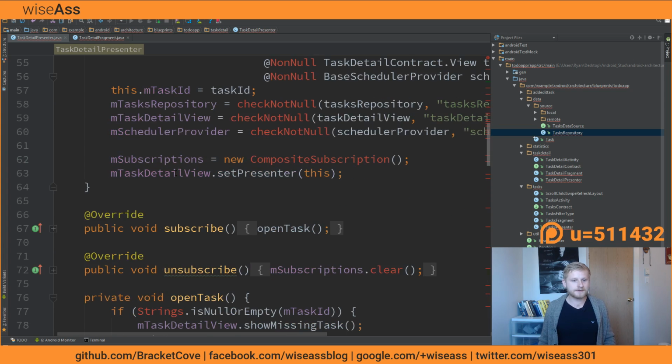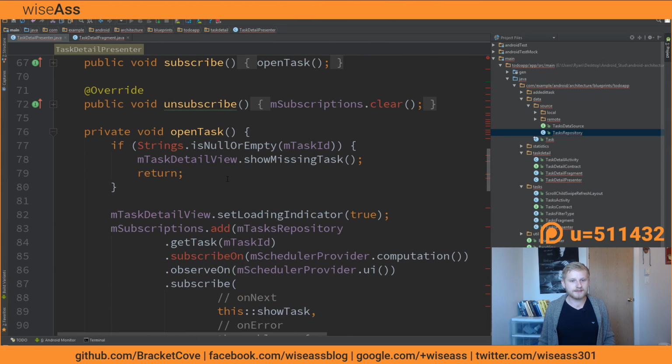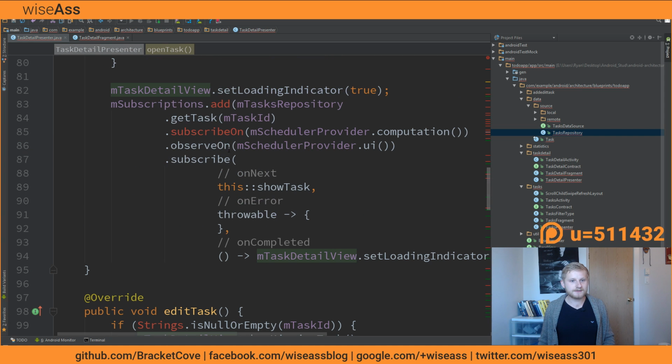The simple answer is that I would look at its implementation. I would look at the actual code within the class. This assumes that whoever wrote the class has applied proper separation of concerns, and they're following the single responsibility principle. But when I look at the presenter, I see basically that it's telling a view what to do, and it's asking a repository, a data storage mechanism, for stuff.